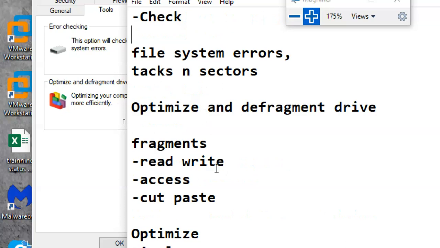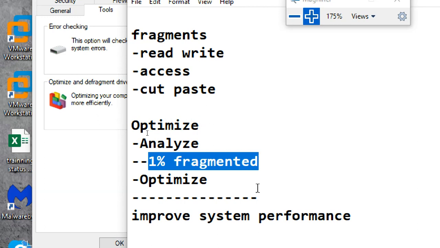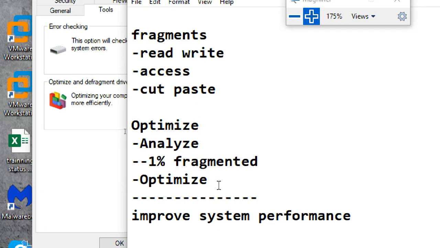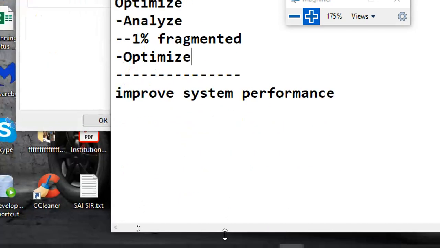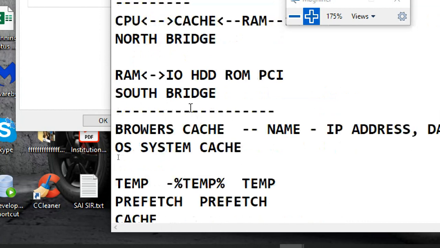Next one is, go to the defragmentation part. Optimize each and every drive, analyze it and find out if any fragments are there. Optimize your drive, so it will improve your system performance. I've written here, but I want to put this one here.